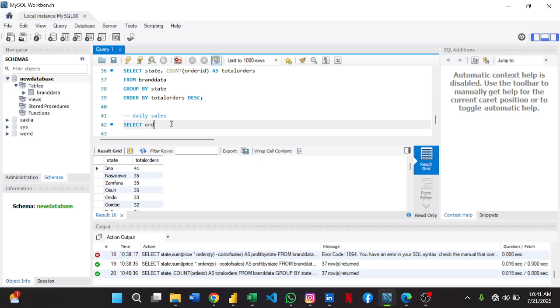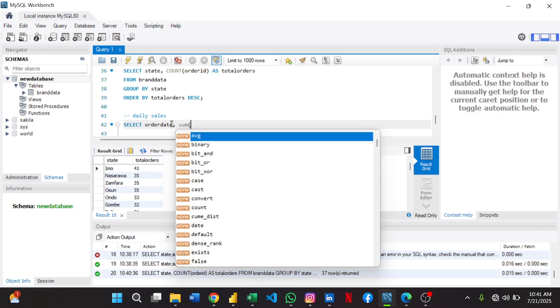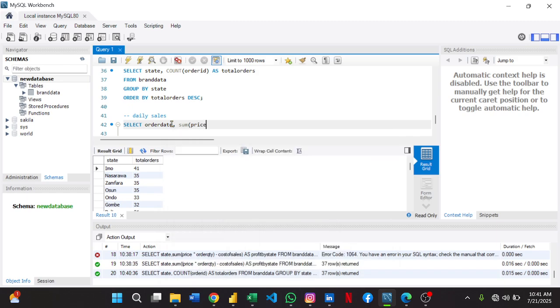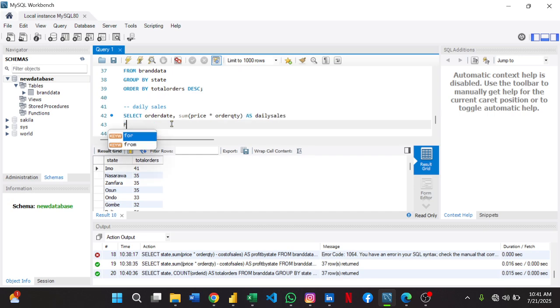So select order date. Then I'm going to sum up price times order quantity, QTY, as daily sales. Then from